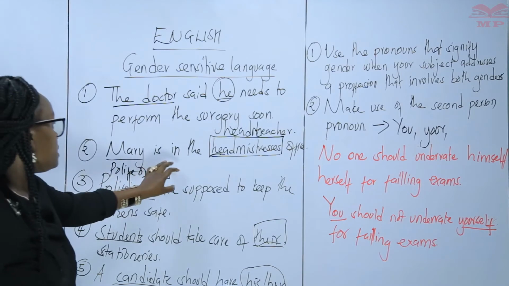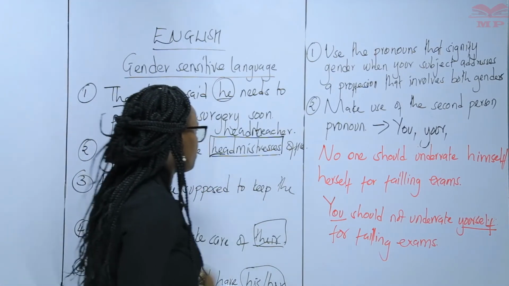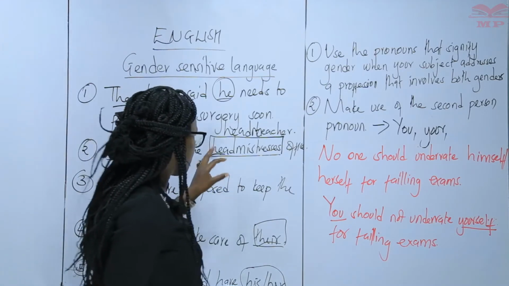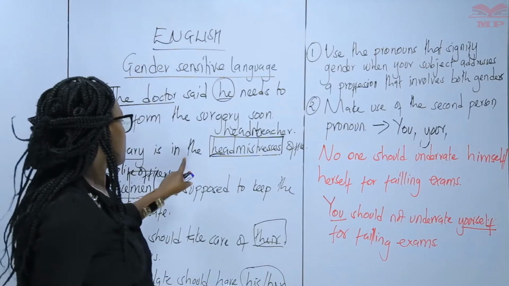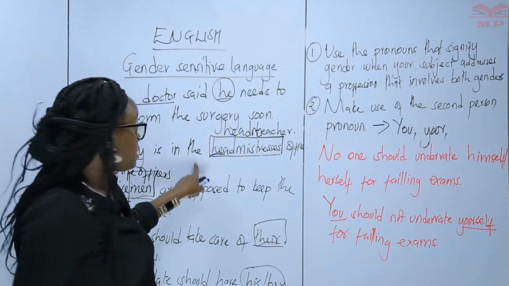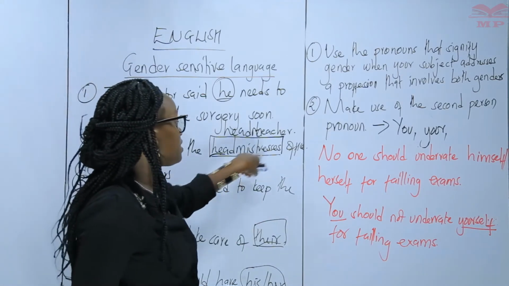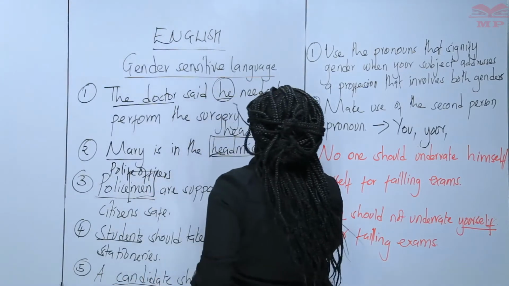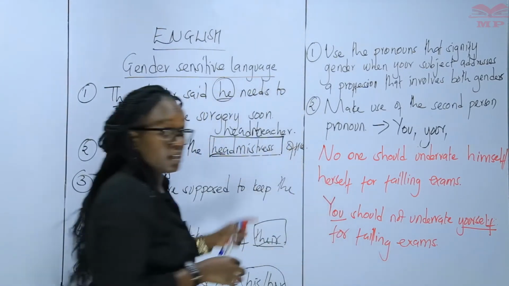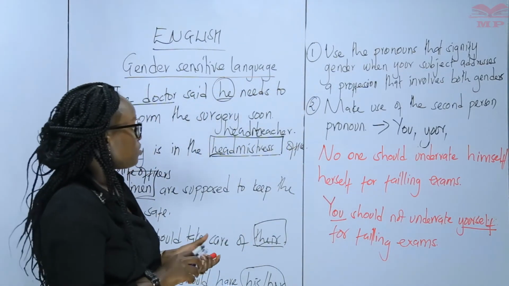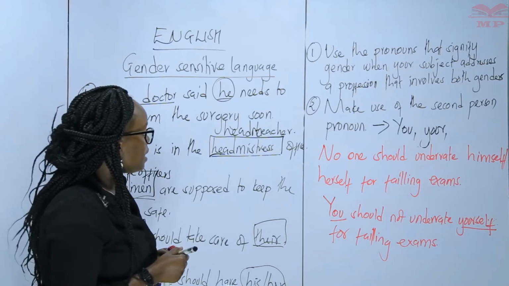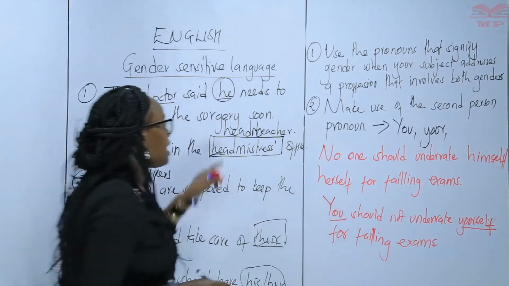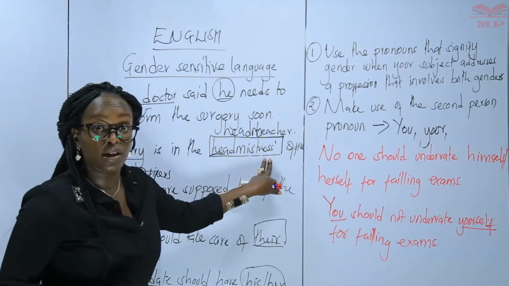Mary is in the headmistress's office. There's actually something that is not correct about this sentence, because the sentence is supposed to communicate that she's actually in the office that belongs to the headmistress. So instead of adding the es, I hope you can take this out from the notes that you had written. We should just put an apostrophe to show possession, that the office now belongs to the headmistress.